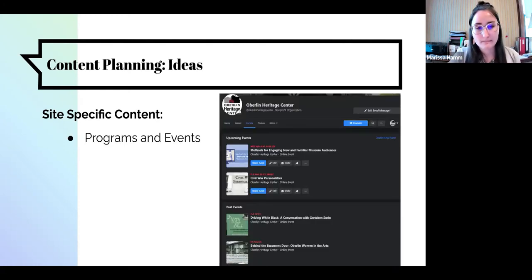organization. So as I mentioned, of course, you want to include your programs and events on your social media accounts. So you can see here for the Oberlin Heritage Center, we post all of our upcoming events on Facebook. And this is just thinking like people aren't going to our website every single day to check in on what we're doing, but they are probably going on social media just about every single day. And so they'll see those events there and can show their interest and try to attend those by seeing it